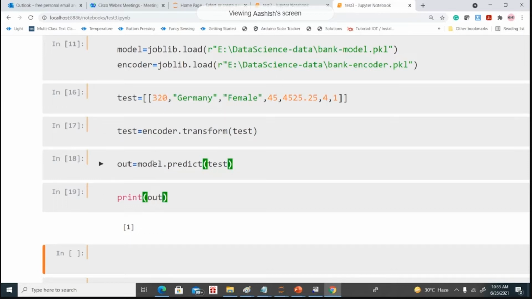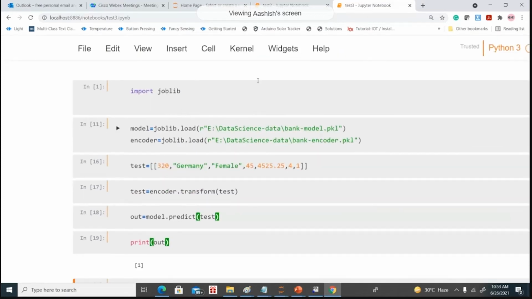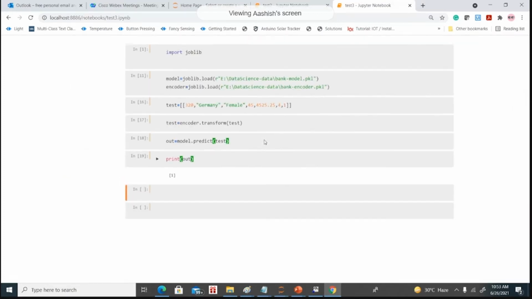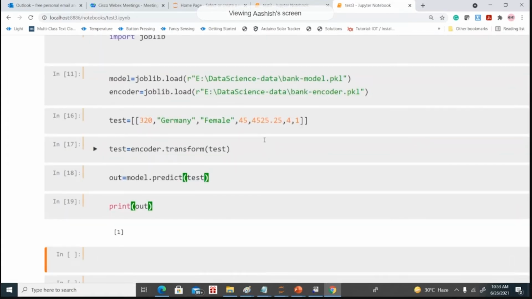So for this customer it's predicting a 1, because we know all the customers whose credit score is 400 left the bank. But when you're taking 320 also, even then it's not predicting, because the performance is not good, right? As of now, the performance of the model is not good for class 1. So maybe sometimes it will make a wrong prediction because the performance is not good. But again, it's predicting sometimes 1 and sometimes 0. So this feature is predicting as a 1, means this customer with this information left the bank. Right.